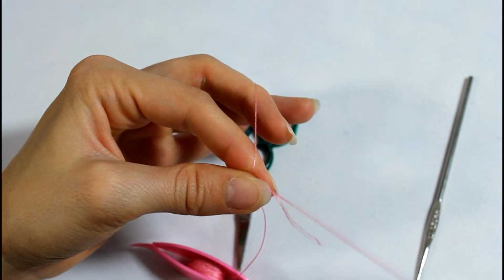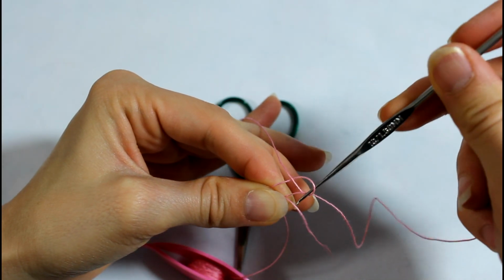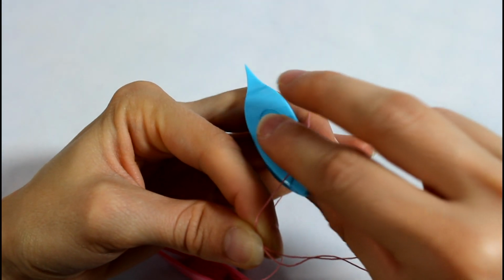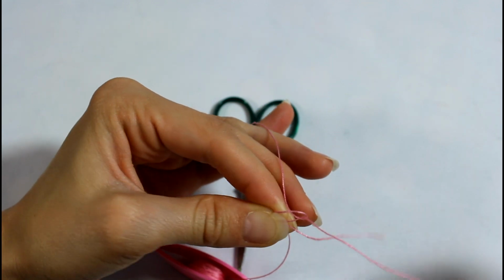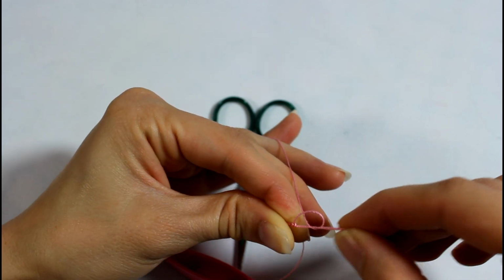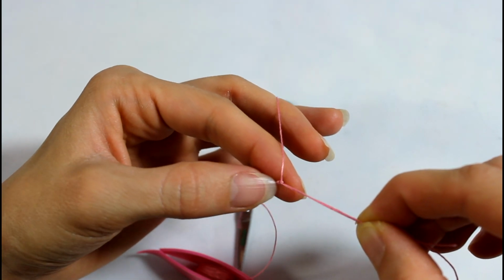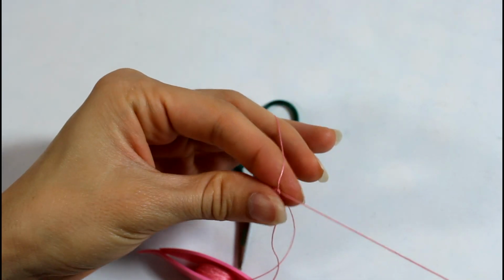Okay. Again, under, over, pull tight, take the end and put it through the loop so it is flush with the bottom thread, and pull up. Over and under, pull tight. Okay. Then pull the thread through the loop so that it is flush and pull up. You don't have to hide it for very long, maybe 2 to 3 double stitches. Just hide it underneath 2 or 3 of the double stitches, and then you can just leave it off and just work on the rest of the normal